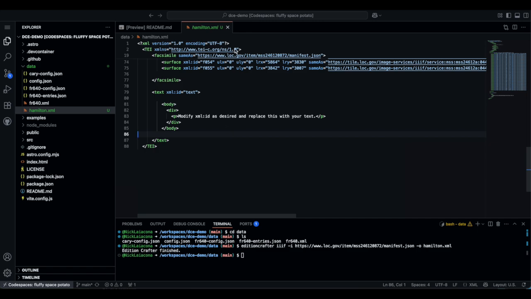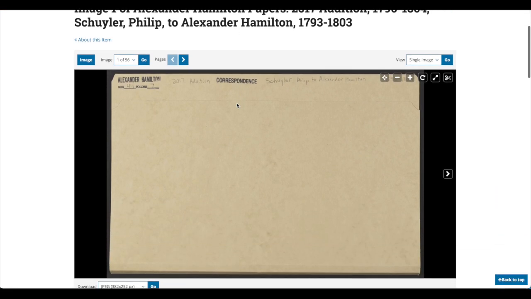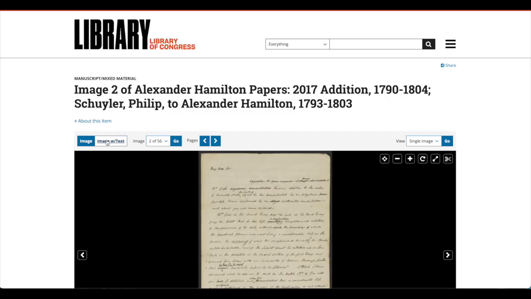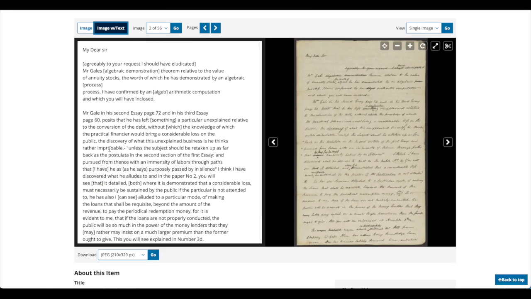But we have a starting point on this already because the Library of Congress has already transcribed these pages. So there's the first page that just has the envelope, but when we get into the second page, if we look at images with text, we can see that they've already transcribed this first letter and all the letters. So let's just take the first letter and take the transcription that they offer and add it to our TEI